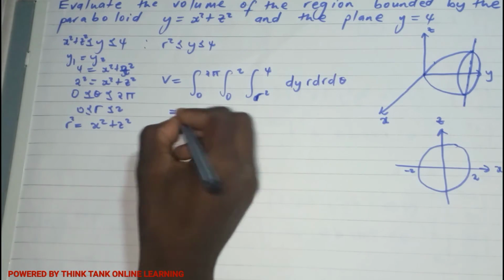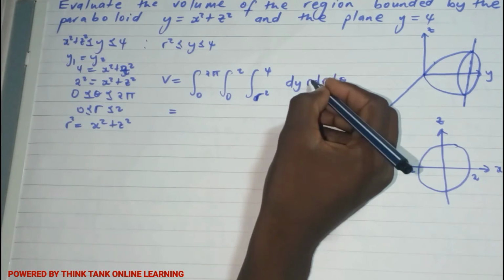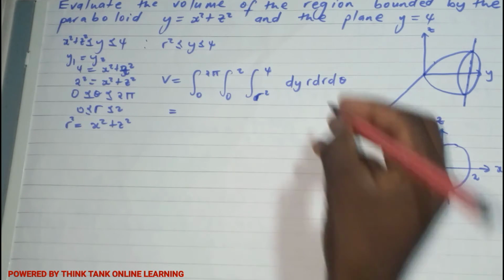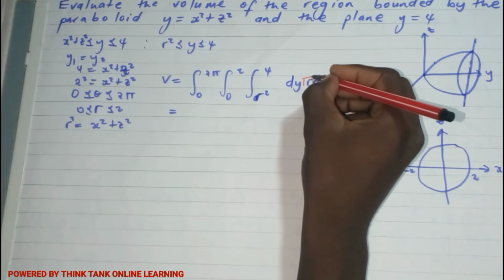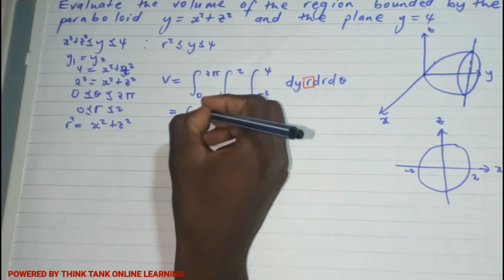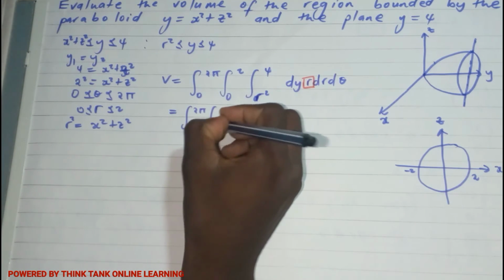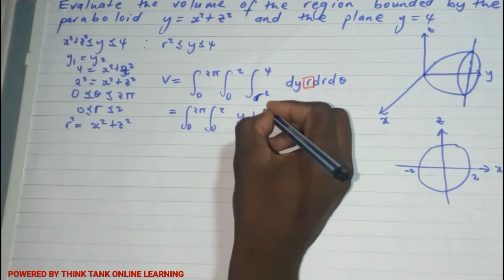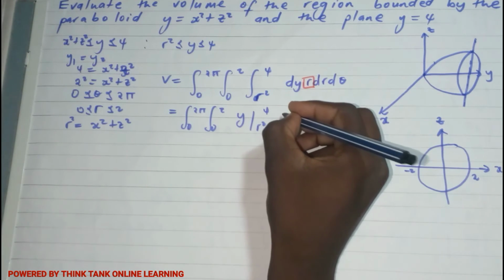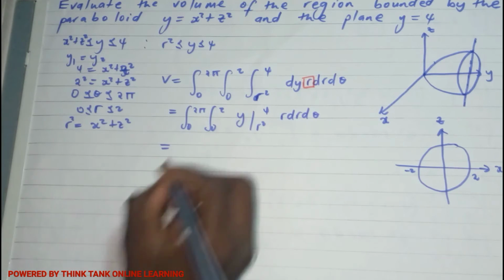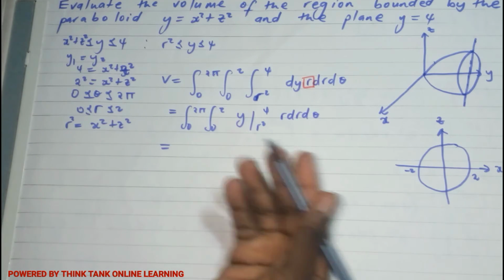If we integrate with respect to z, the other thing you should note, I used to make this mistake here: do not forget this r. If you forget this r, your answer will be affected. So from 0 to 2 pi, 0 to 2, if we integrate here, you're just going to get y, with limits r squared to 4, r dr d theta. Now if we plug in the limits, upper bound minus lower bound,